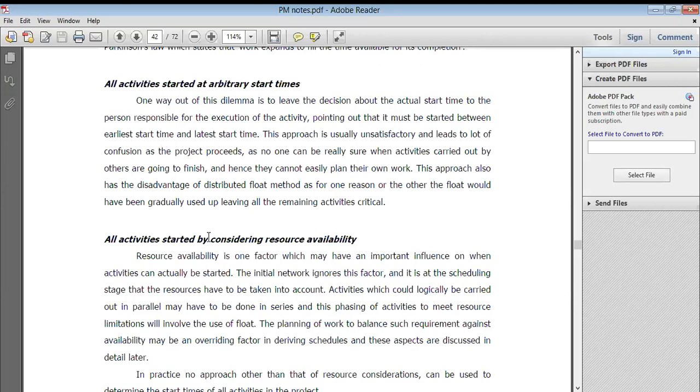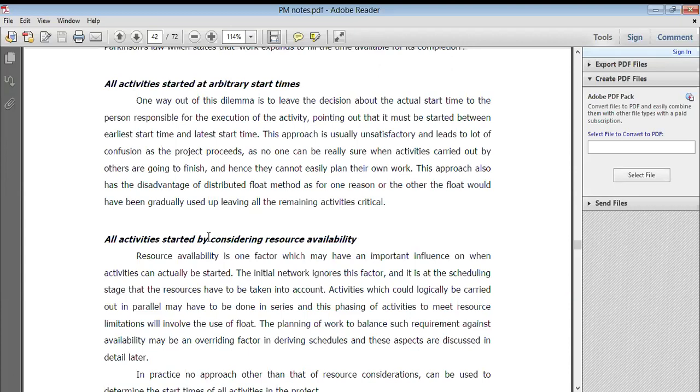He is a motivating person. The quality of a leader, you know very well, right? So the quality of a project manager is also like a leader's quality. Everything he managed, he trained the people and completed the task. So that is where the arbitrage time started, and here it is pointed out that the activity must be started between the earliest time or the latest time, in between whatever error comes.